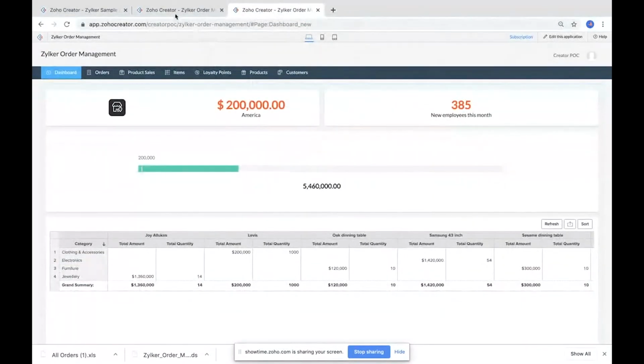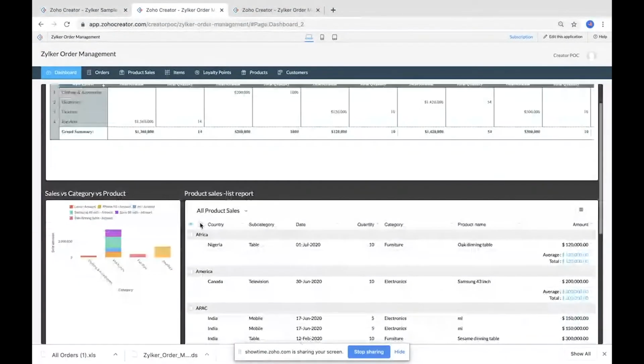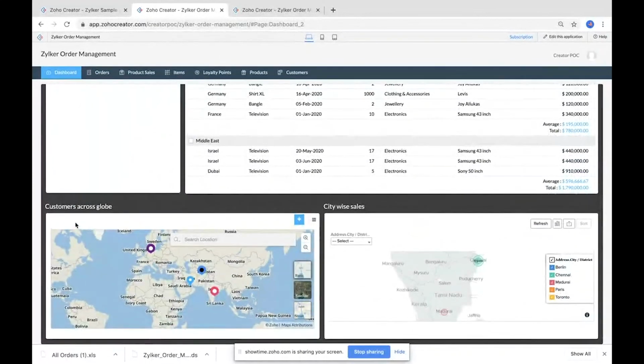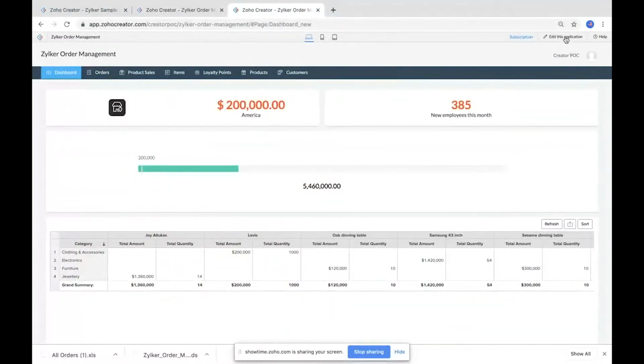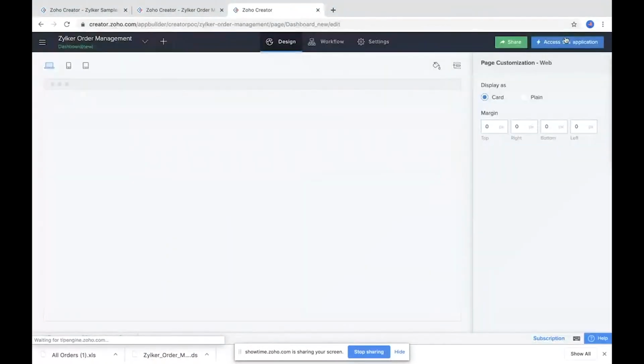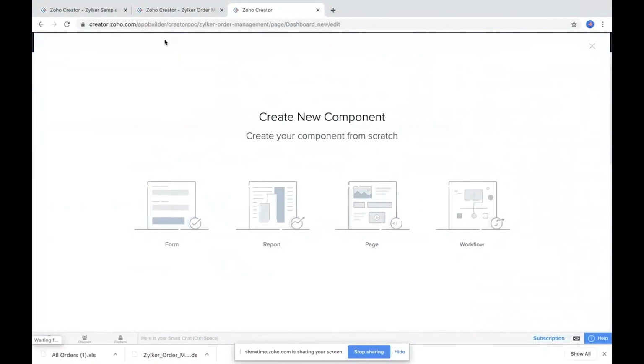Yeah. So the next thing I'm going to help you understand is a quick thing by creating a map report. So basically, you can also visualize how your customers are spread out. You can try to figure out where your customers are across the globe. So I'm going to help you understand how this can be possible. Let me go back to edit this application, and I'm going to quickly create a map report based on the